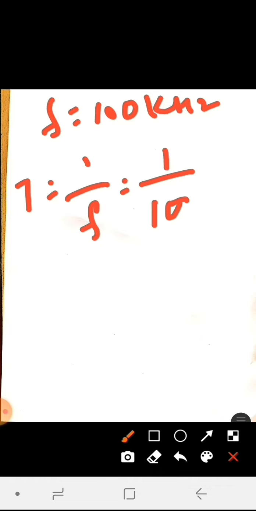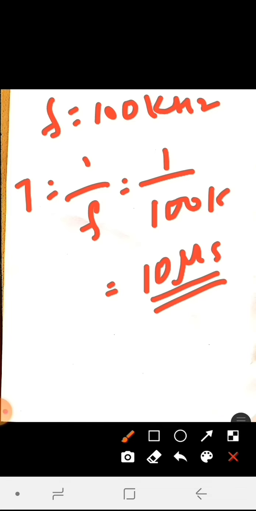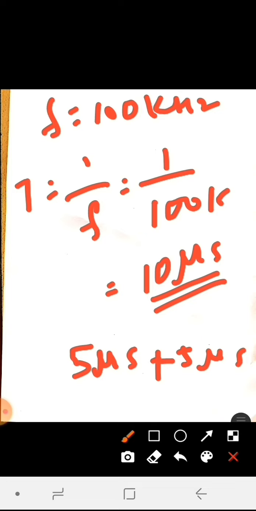Now in the question it has been given that we have a 100 kilohertz square wave. Find out the period for this. The given frequency is 100 kilohertz. Period can be calculated as t equal to 1 by f, nothing but 1 by 100k, for which you will get 10 microsecond. This 10 microsecond is for both the higher portion and the lower portion. Therefore for each portion it is 5 microsecond, 5 for higher and 5 for lower. So for each portion you need 5 microsecond of delay.